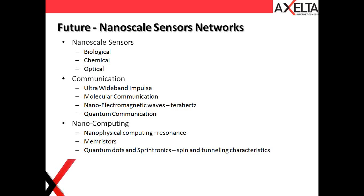Some kind of rocket science stuff also, frictional stuff, or you can say molecular communication, wherein you would have the molecules. In the real world, molecules interact with each other, and they pass energy from one to the other. So the idea is to use that same mechanism for communication using electromagnetic waves, which are again in the terahertz frequency band for this communication, as well as quantum communication, which leverages the quantum